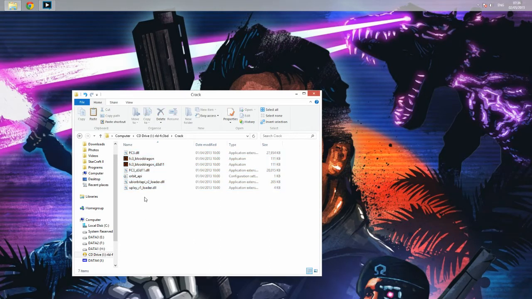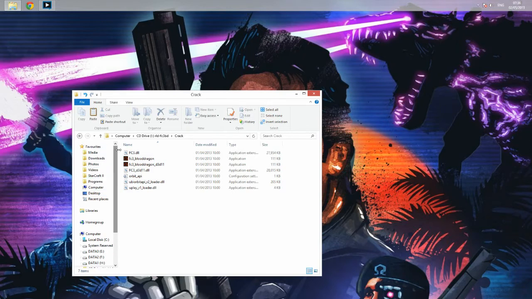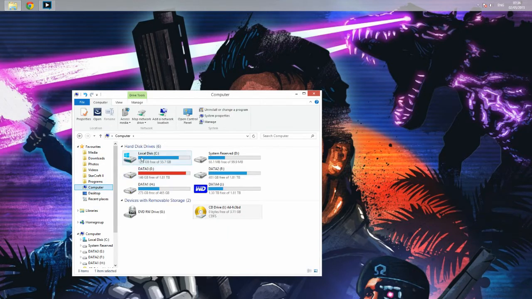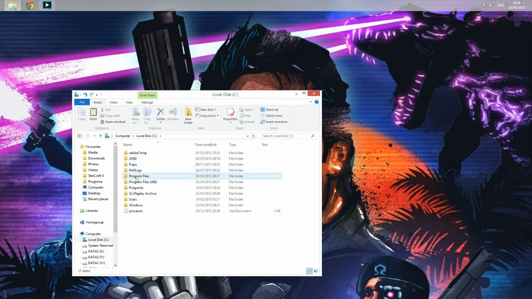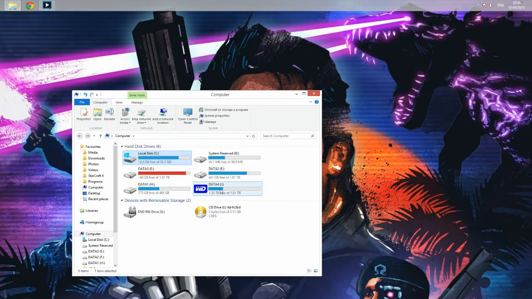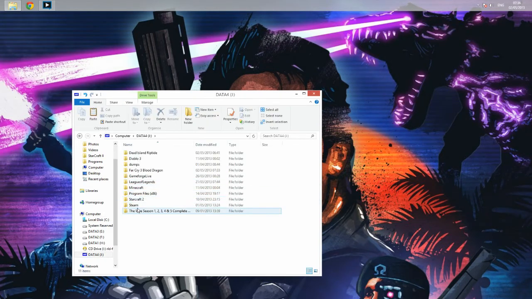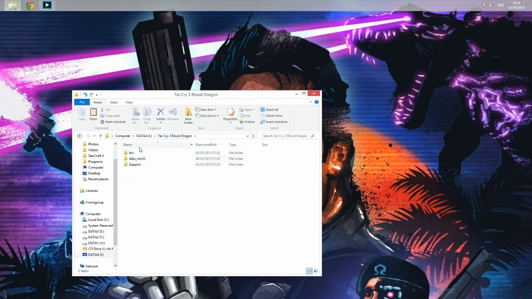Or Control C. Once you've got all the files and you've copied them, just go to wherever you've installed the game. So for most people, it will be your local disk C. In there, it'll be Program Files, and then it'll be a folder called Ubisoft, and then Far Cry 3 Blood Dragon. For me, it's just on my external hard drive. But yeah, once you've opened it, you should see this folder, Far Cry 3 Blood Dragon, and inside, you'll see this. You'll see bin,